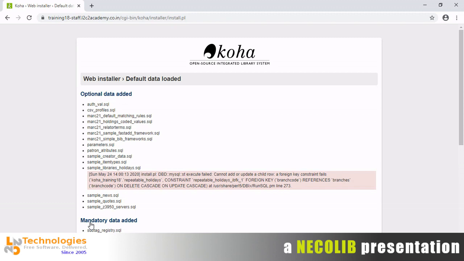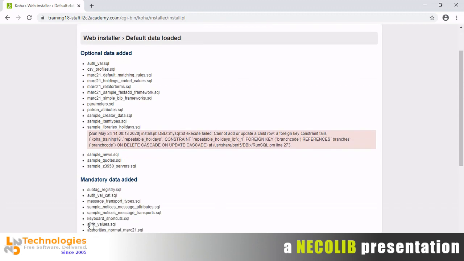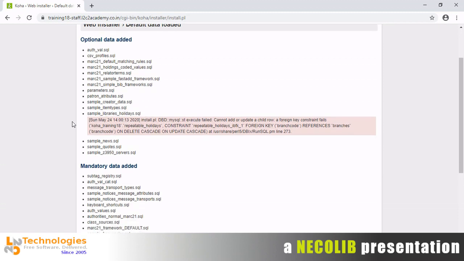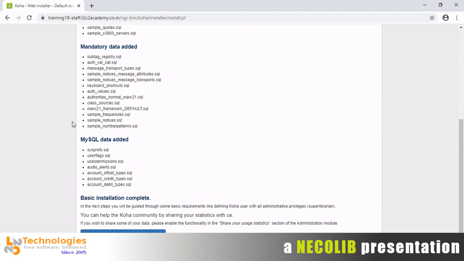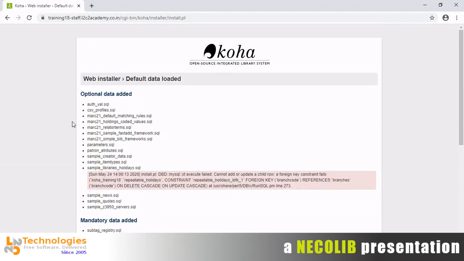It's not a very serious error because it's impacting only the holidays. Holidays we can do later. Okay. Now, one thing I would like to add here before we move to the next and the final step is that